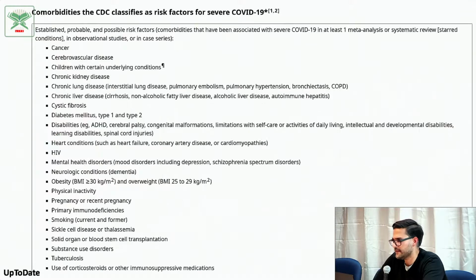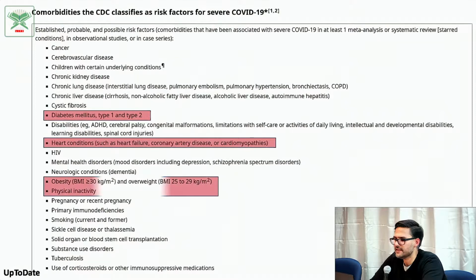Okay? But there are other risk factors on the next slide, and that's a lot of comorbidities or other diseases that some people may have. And if we click through some of the ones I highlighted that might be relevant to our community, we have diabetes, heart conditions, obesity, and physical inactivity. These are all similar things to what Brother Kazim was speaking about with stroke. So the same things that put you at risk for stroke also can put you at risk for COVID-19. So a good reminder for us to watch what we eat here in Ramadan and make sure we continue to maintain activity. And then I also highlight smoking, but inshallah, none of us are smoking anymore.